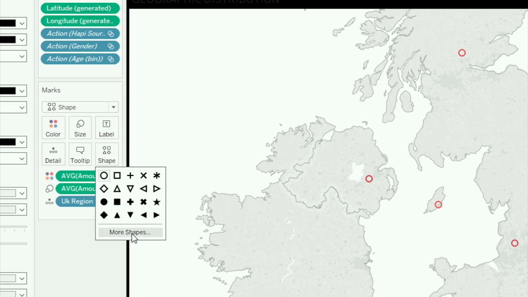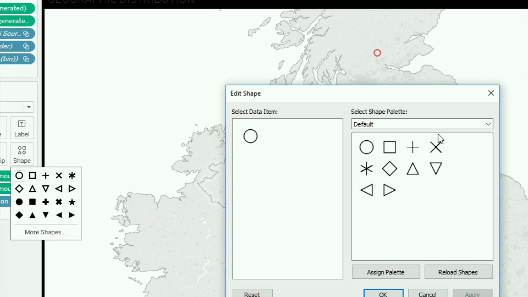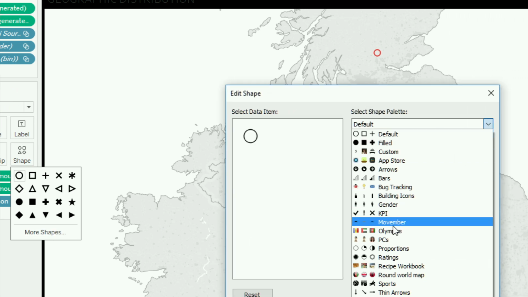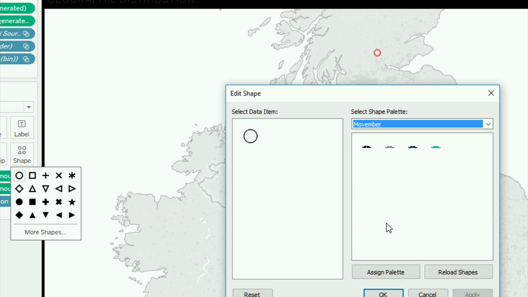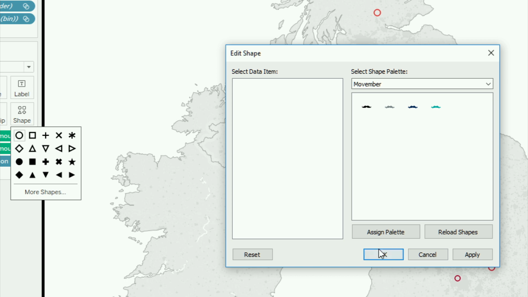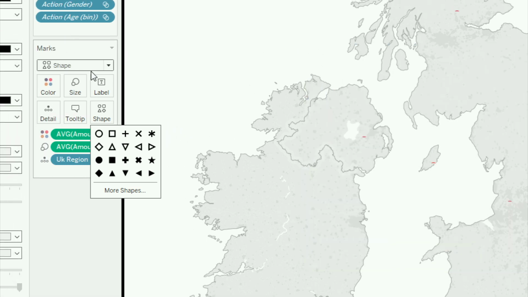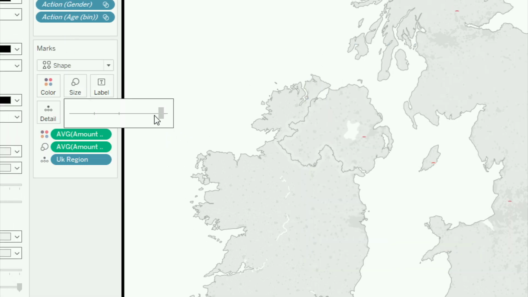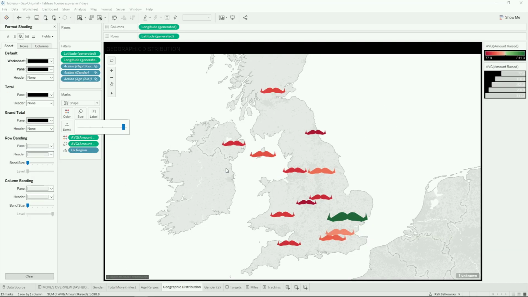So I'm going to change my shape here, and I actually have some custom shapes added in of different mustaches. So now I can change my custom shape to a mustache, and then every single region, if I just make this a bit bigger, will be represented and sized by a mustache. So we can clearly see which region in the UK is doing the best or raised the most money and which one the least.